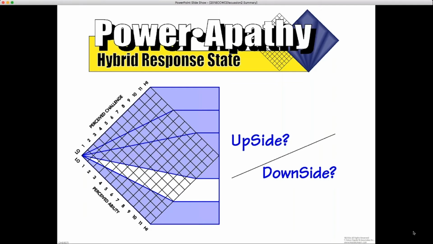Apathy state. Yeah, absolutely. And we'll get into that. Notice that they're rating their perceived challenge, perceived ability. So when they're looking at these things, it's how they're feeling about the activity at that moment in time. If they're thinking about it without doing it, they may be at a slightly different level of tension than right before they're doing it, or if they have to do it. Because they understand it, it doesn't seem that big a challenge. Yeah, if you gave them a test, they'd pass the test. Yeah, exactly. Doesn't mean they can do it.